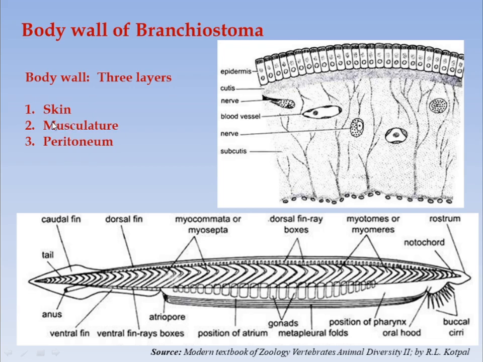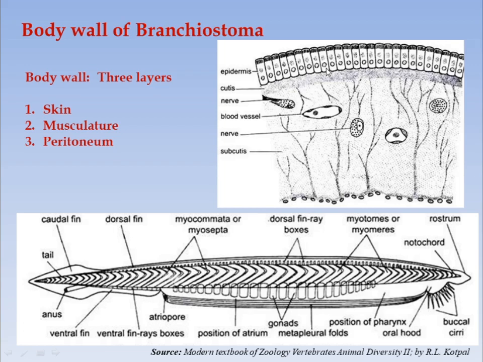Now, the skin, which is also called integument, contains an outermost single layer of cells, as you can see, which is called epidermis. This epidermis is made of columnar epithelial cells. As you can see in the structure, these are the columnar epithelial cells. So the epidermis is a single layer composed of columnar epithelial cells, and they are attached to a basement membrane. This is the basement membrane to which they are attached.